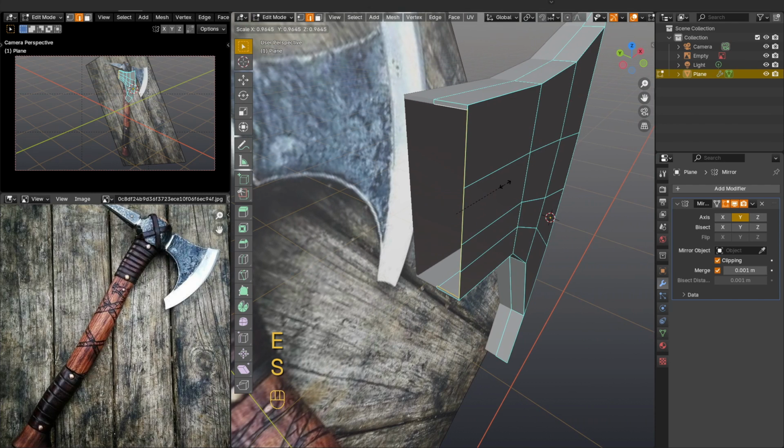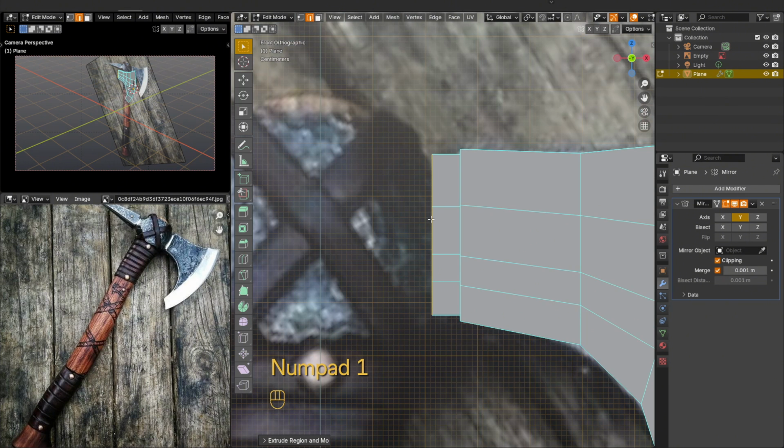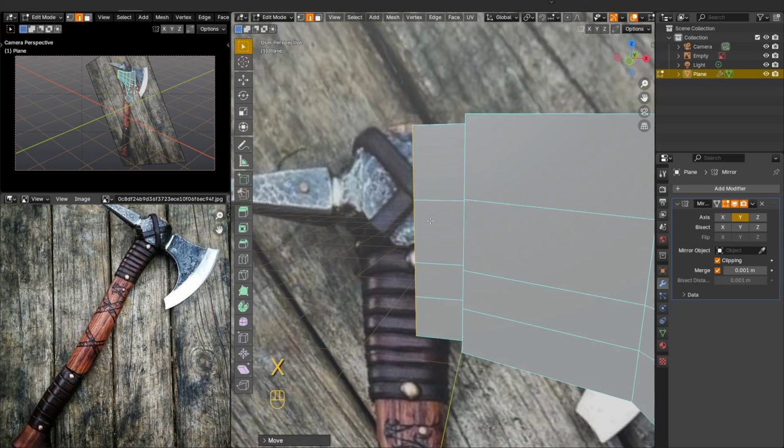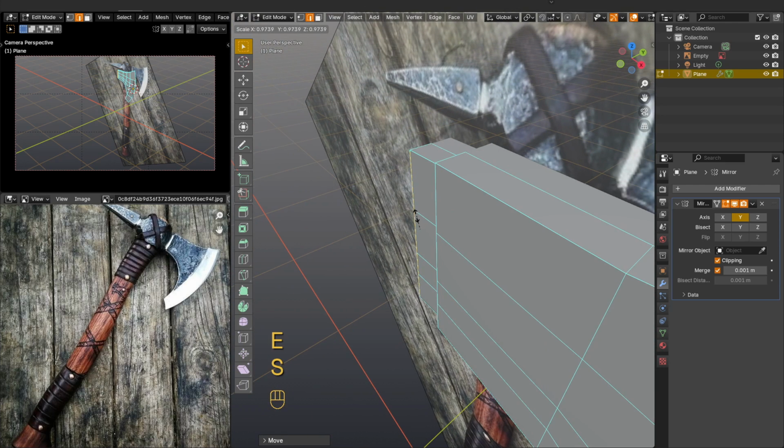Now you need to make a kind of transition. Therefore, with the Alt button held down, select edges, and press E S and thus extrude the edges inward. But as we can see, due to the difference in size, it is necessary to correct the long side. And again, with Alt pressed, select and extrude along the X-axis. Using the numbers on the numpad, we can quickly switch between different views.